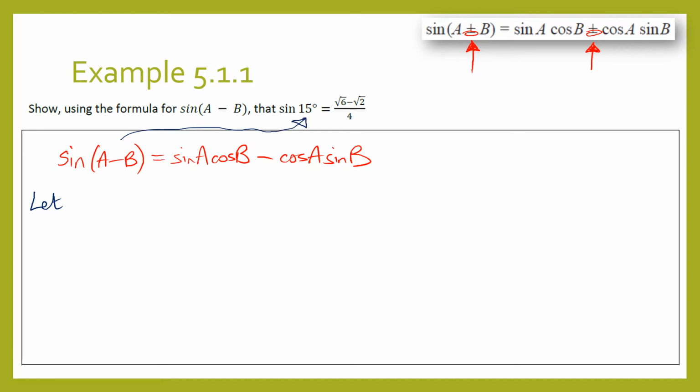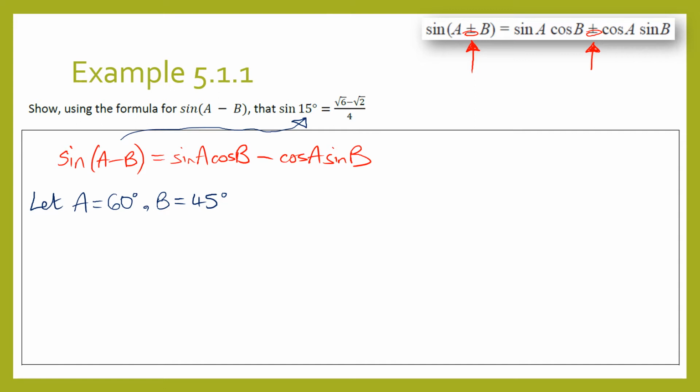And it makes sense to use some of the common angles. For example, if we let A equal 60 degrees and we let B equal 45 degrees, then we know sine 45, cos 45 and sine 60 and cos 60, they're standard results that